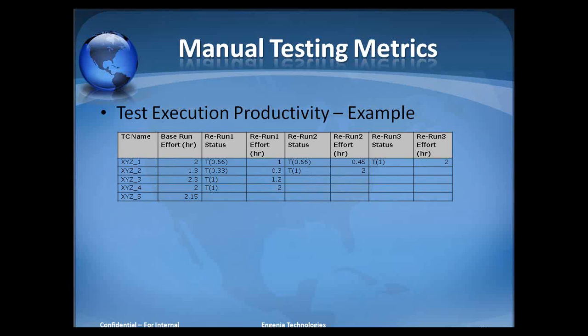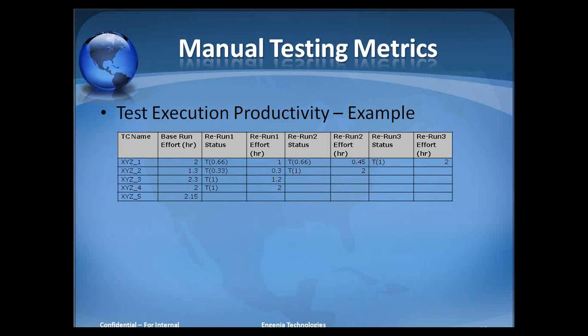In the second test case, we were not able to execute more than 40% of the total test steps, that's why we defined it as T.33. For test case numbers 3 and 4, we were able to achieve a retesting rate of 71% to 100% of the total test steps. So this is the first run. Similar data is displayed for the second run, and similarly for the third run.